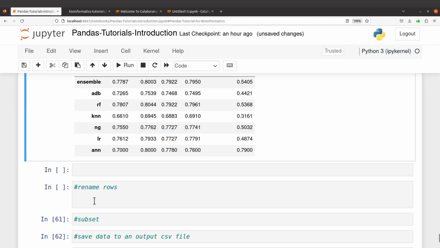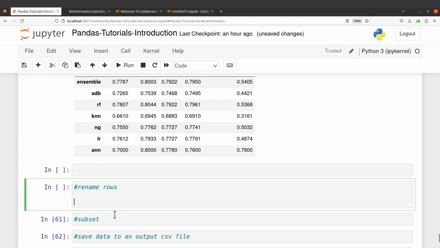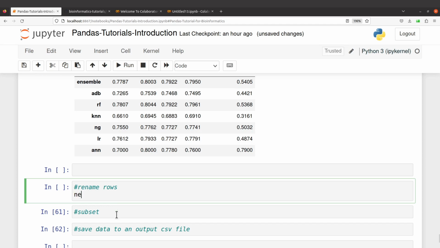So if I want to rename it, then I can just say, let me just do it here. For now, I'll just use this new one. So I'll just say name dict, or let's say row, new row names, with my curly brackets. I'll say engine is NB. Okay, so engine I change to NB. So there's naive Bayes. All right, so I'll create this dictionary, new row names,